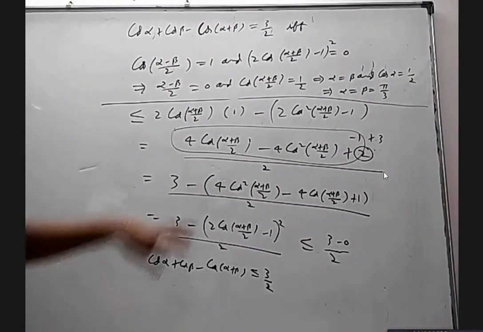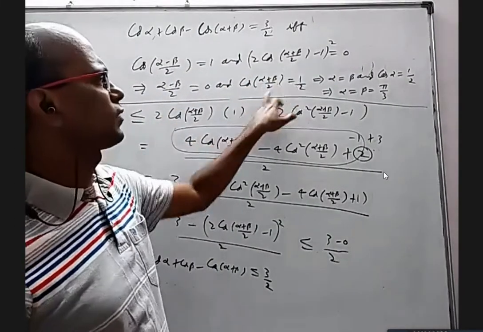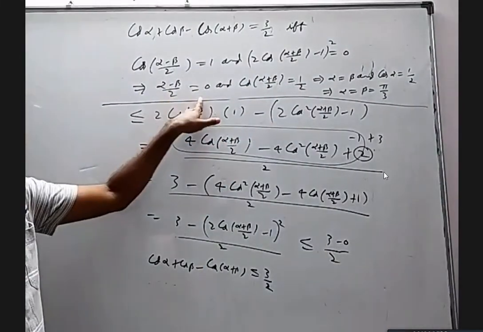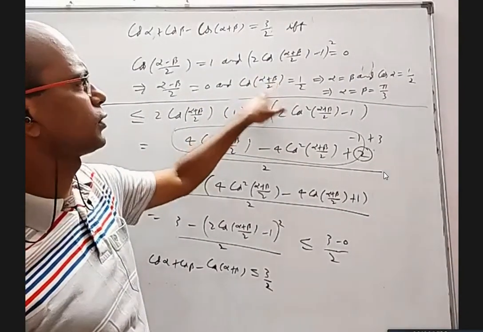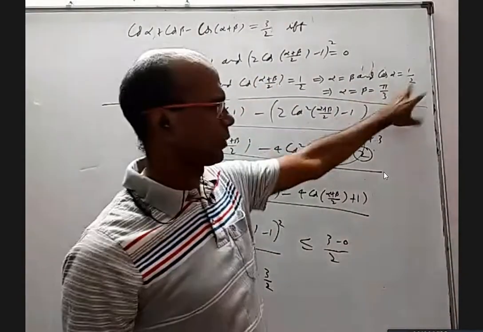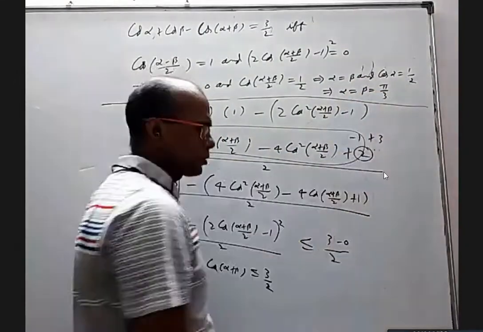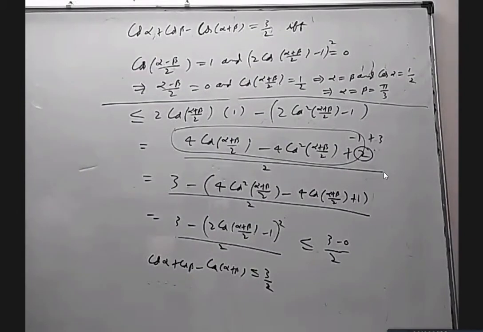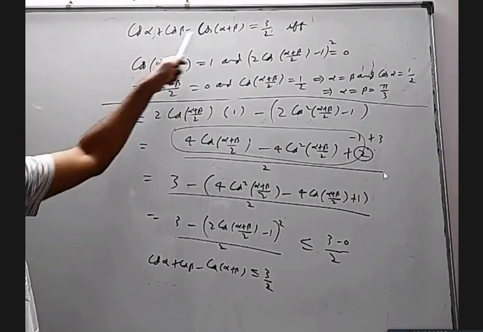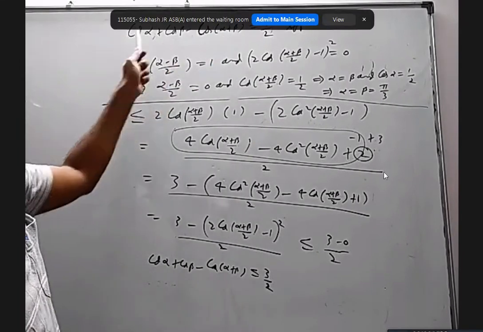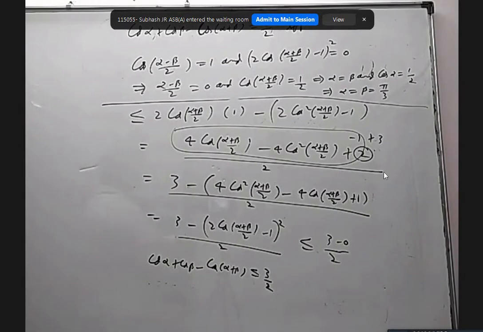After that, when will cos of something be 1? When the inner part is 0. And this means cos alpha plus beta is 1 by 2. From this, you'll get alpha equal to beta. If you put alpha equal to beta here, you'll get alpha plus alpha by 2, which is alpha. Cos alpha is 1 by 2 means alpha is 60, and beta is also 60. So equal to 3 by 2 is only possible when this is 60, this is 60, this is 60 plus 60, 120. This is 1 by 2, this is 1 by 2, this is minus 1 by 2, you get 3 by 2. That is the only way. There is no other way.